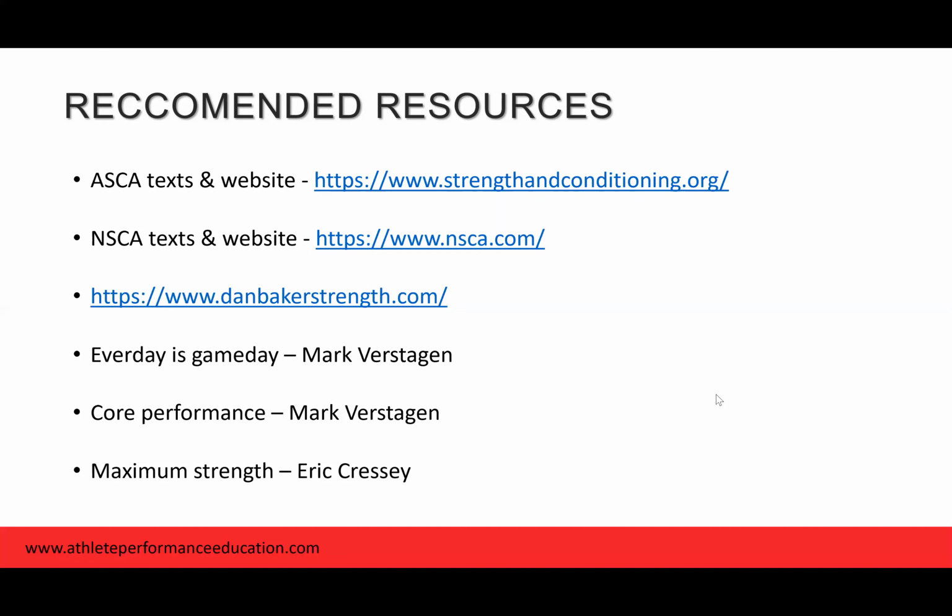And then I've got 3 texts, which I really recommend for just basic athletic program design, which gives you an understanding about what's realistic load to dose people with. And that is Everyday's Game Day by Mark Verstegen, and Core Performance. Core Performance is more of a general population resource, but still uses athletic training styles. And then the third one is Maximum Strength by Eric Cressy. Quite a simple read that goes over a 16-week program, but it's a really good